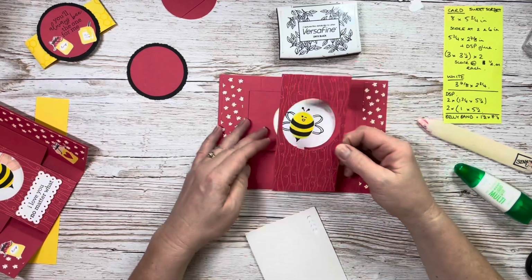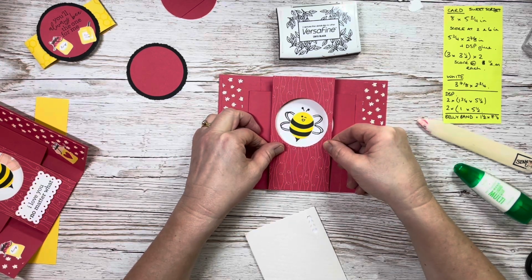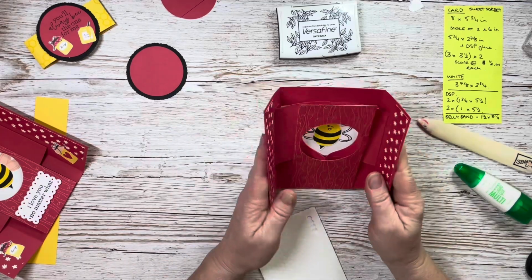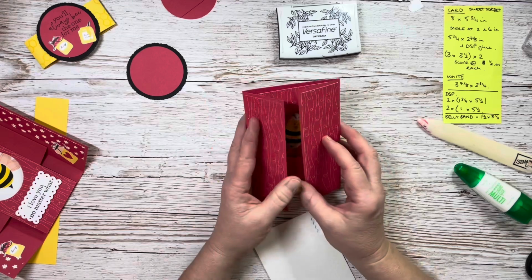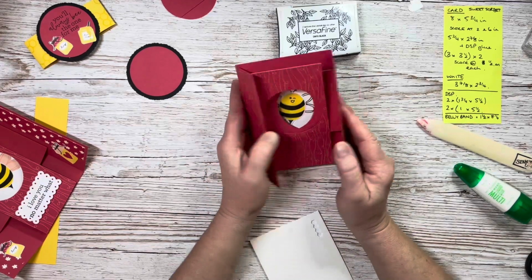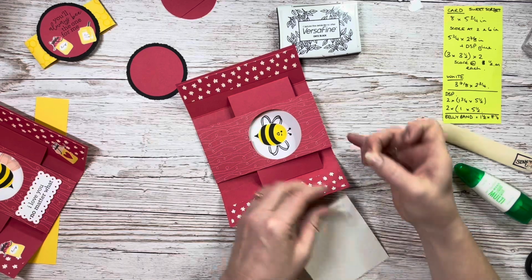Then we're going to place this where we think it needs to be in the centre, just by eye. And that's to make sure that when we close it, they still close. The mechanisms will still move. And then if we're happy with the way that looks, which I am, then we'll lift it up on here